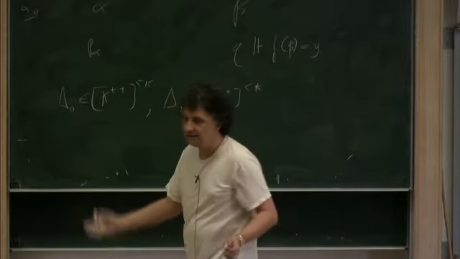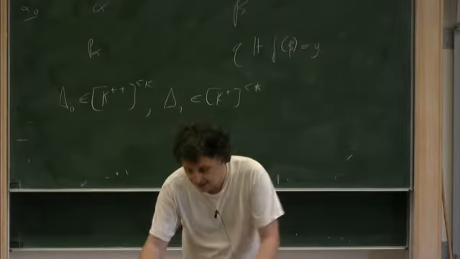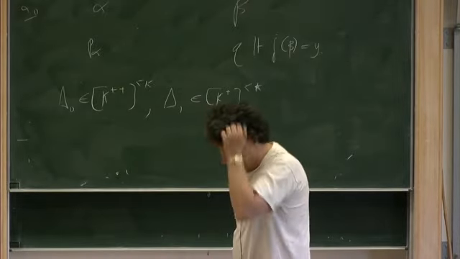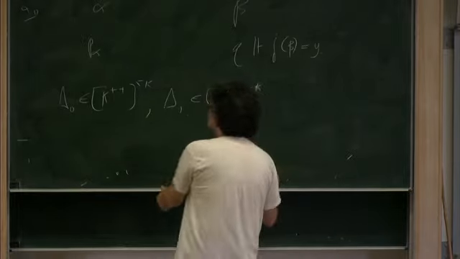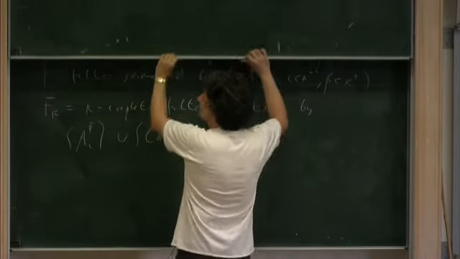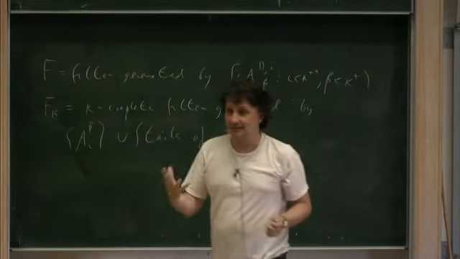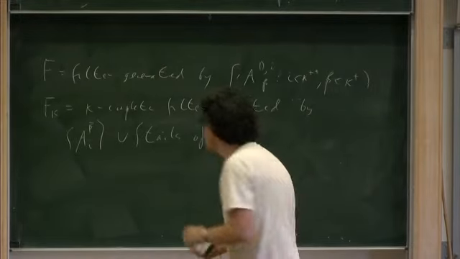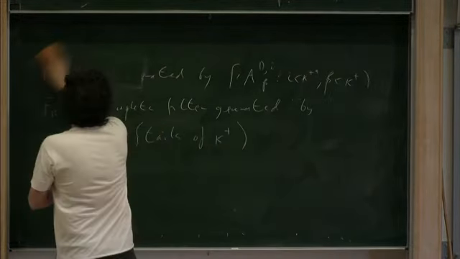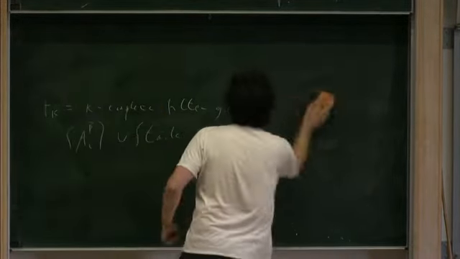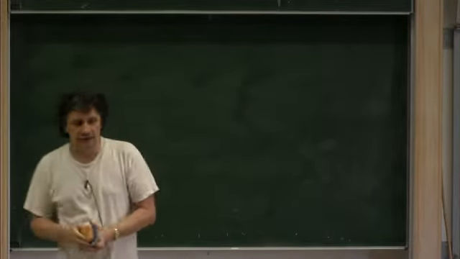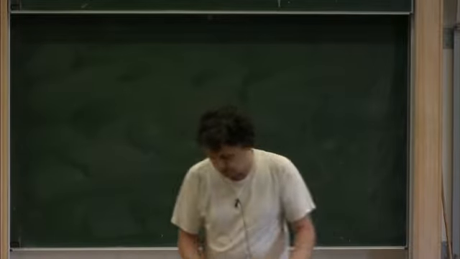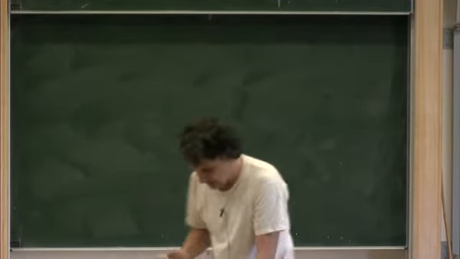They're going to be, here are some auxiliary sets, delta 0 and delta 1. Delta 0 is, of course, going to be the root of some delta system living on kappa double plus, and delta 1 is going to be the root of some delta system living on kappa plus. And when I said that we've already done a lot of the work, it is going to turn out that